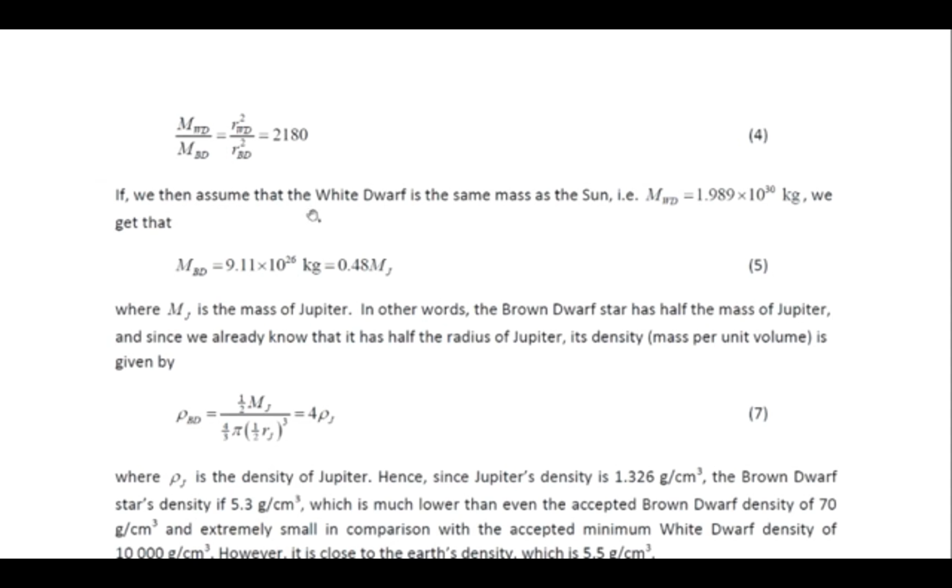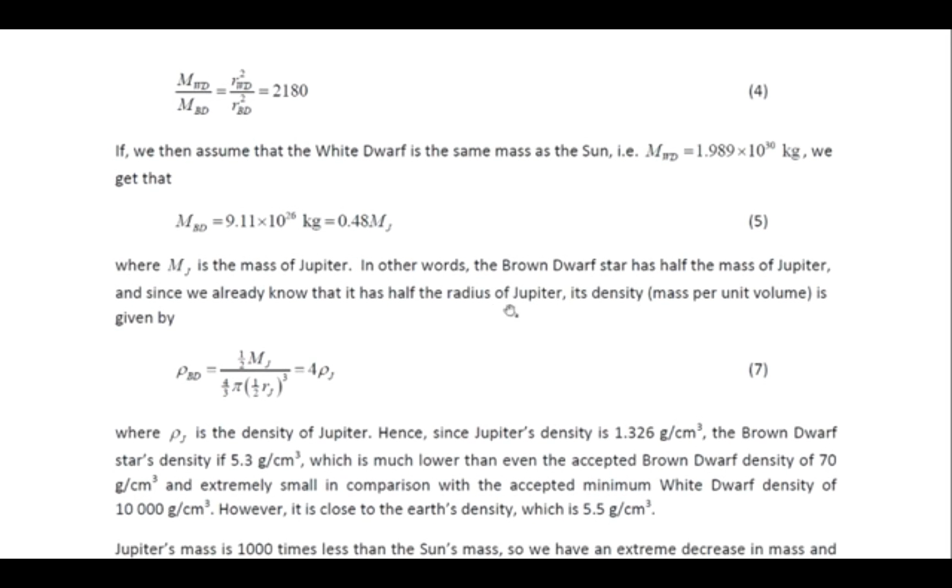So if we then assume that the white dwarf is the same mass as the Sun, or 1.989 times 10 to the 30 kilograms, we get that the mass of the brown dwarf is basically this value divided by 2180, which gives us 9.11 times 10 to the 26 kilograms, which is 0.48 times the mass of Jupiter, where mj is the mass of Jupiter. In other words, the brown dwarf star has half the mass of Jupiter, and since we already know that it